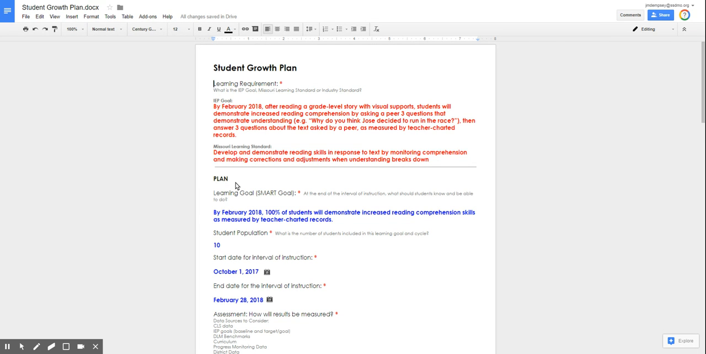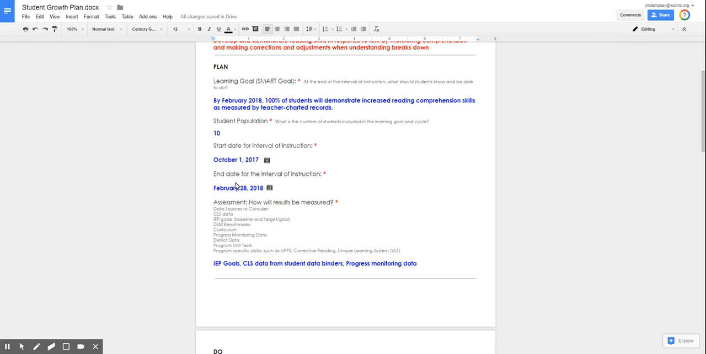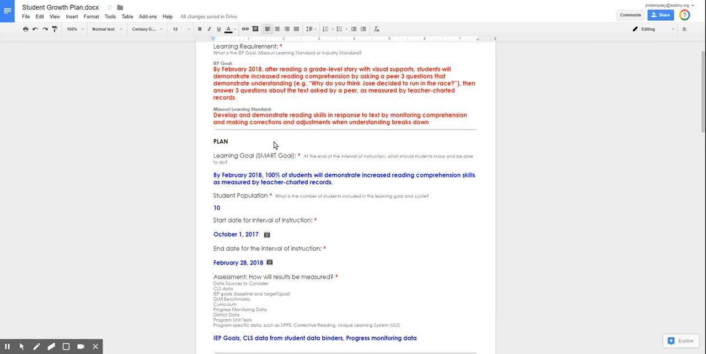After I have established the requirement, then I'm going to move on to the plan. The plan is basically a SMART goal and gives all the logistical details. So my goal is by February of 2018, 100% of students will demonstrate increased reading comprehension skills as measured by teacher-charted records. Now, I chose February 8, 2018 for a very specific purpose, not just because it aligns up here to the IEP goal,